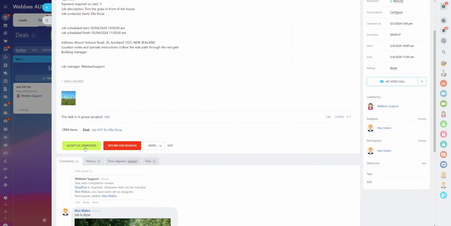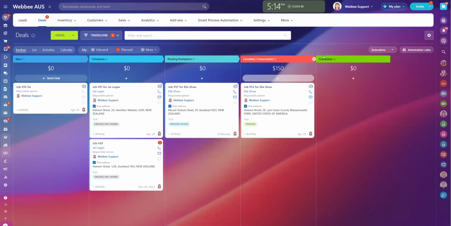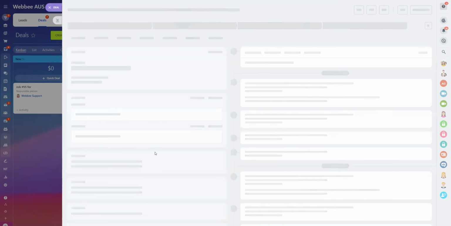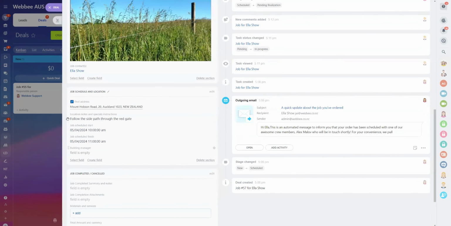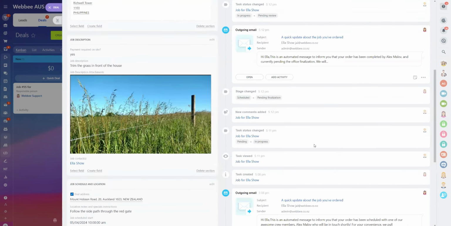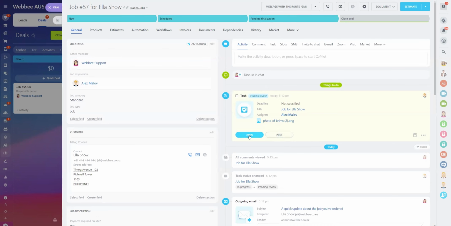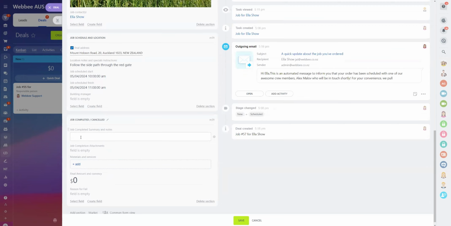As soon as I press this button, accept as completed, I expect this request to jump automatically into the completed stage. However, as an office manager, I also have a responsibility to finalize this section here inside the job, which means before closing the task, I need to do the office job first. Basically,